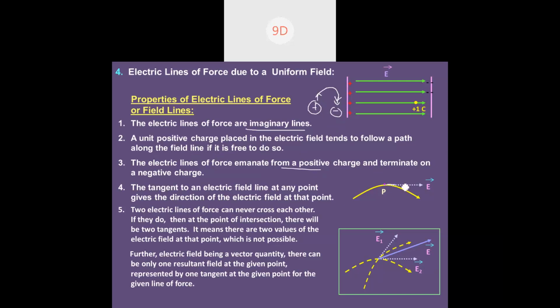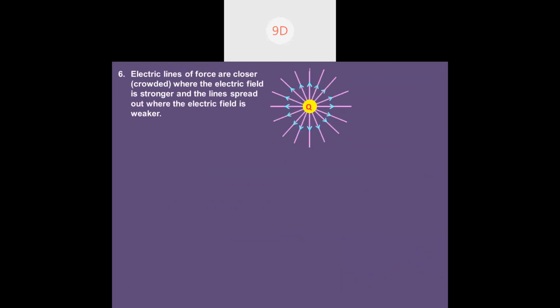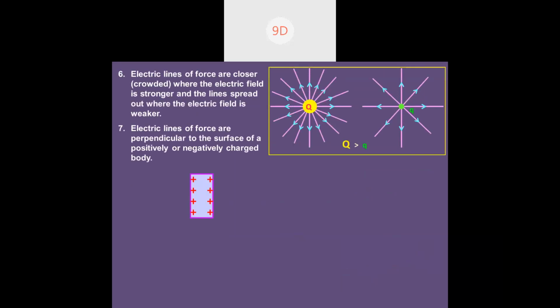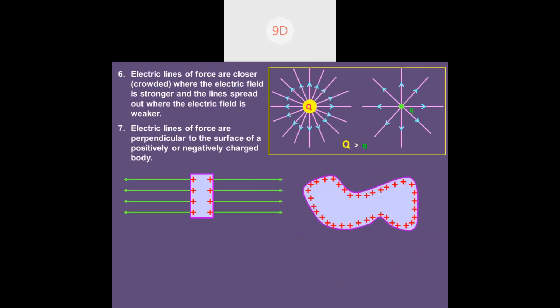And then they are always at a tangent. All the points I think we have discussed. They will never cross each other. See, they will never cross each other. Like this kind of thing you will never get. So it's not possible, such a kind of field. Some properties you need to know before moving into the next chapter. Wherever they are crowded, that region is of more electric field strength, or you can say there is a stronger electric field in that region.